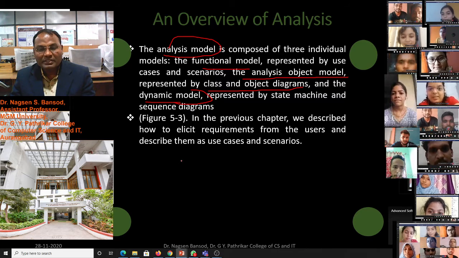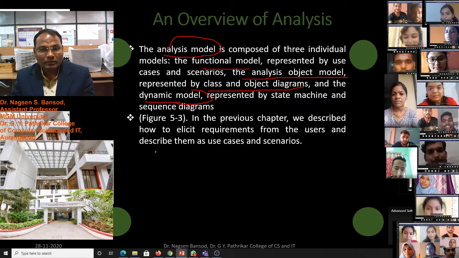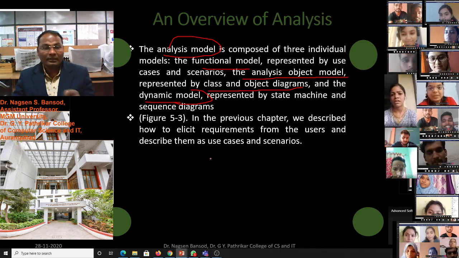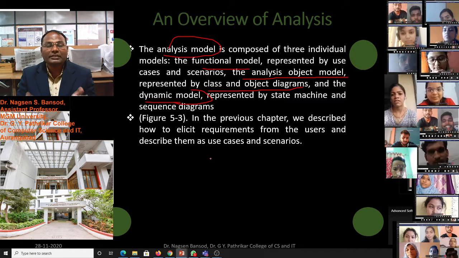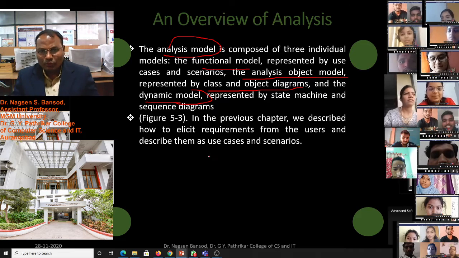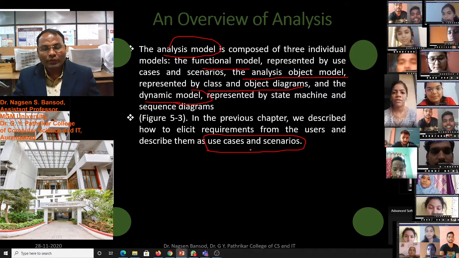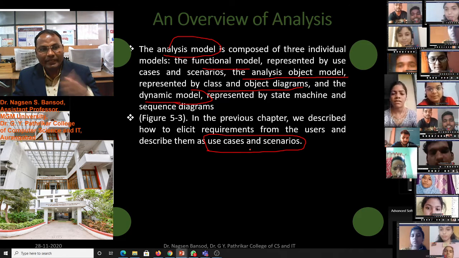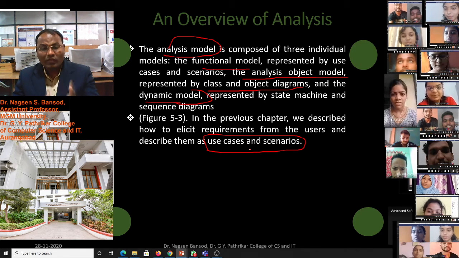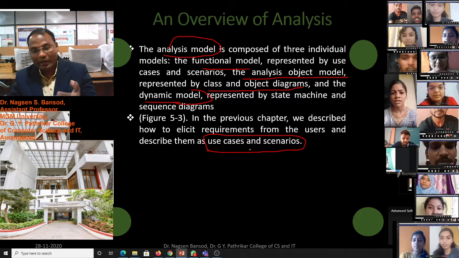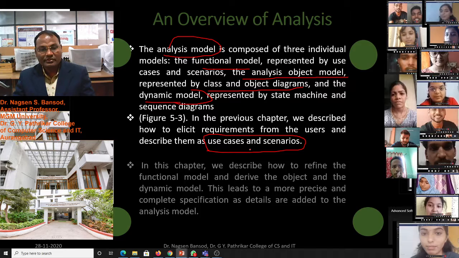In the previous chapter, we described how to elicit requirements from the user and describe them as use cases and scenarios. We know how to create use cases, how to create scenarios, and how to identify use cases from the information acquired from the user.